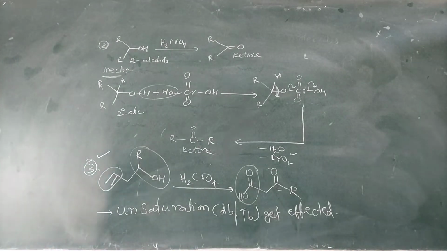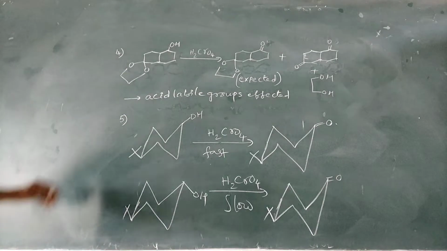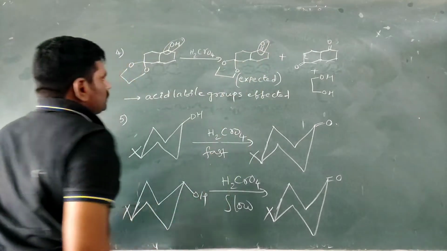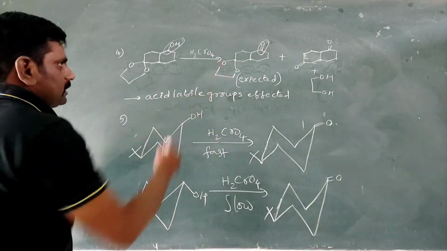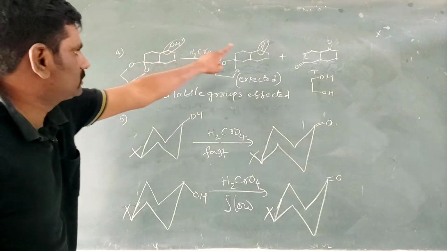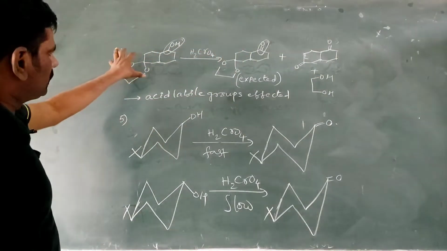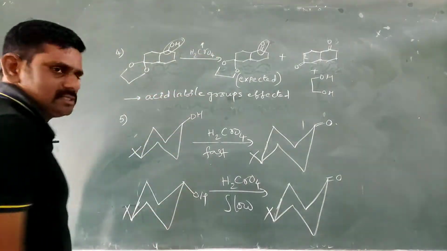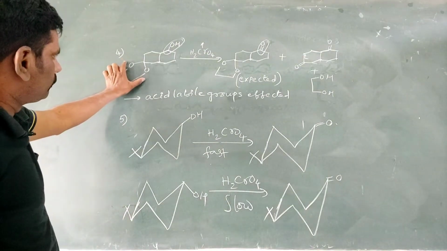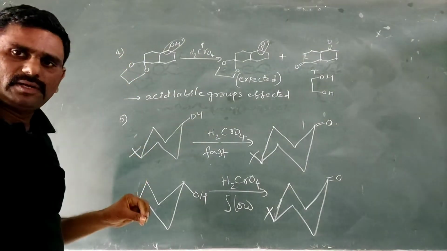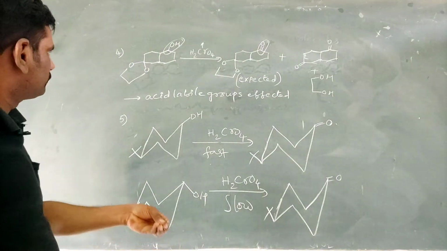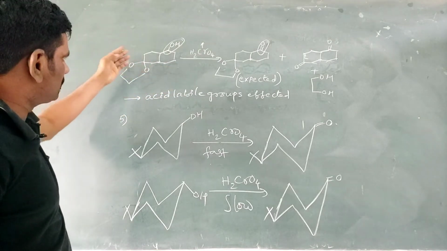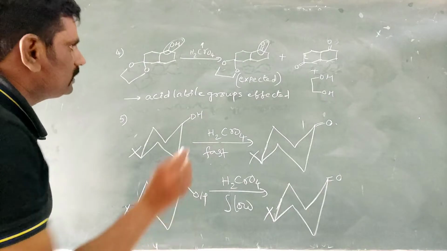Okay, next. In this application, the secondary alcohol part is converted into ketone. This is the expected product. We are expecting that the secondary alcohol part can convert into ketone without any interaction of this group. But what happens? H2CrO4 is acidic in nature. It is an acid labile group, which means it is affected when acid is present. If acid hydrolysis is there in the process, it easily dissociates and is converted into glycol. That is happening here.